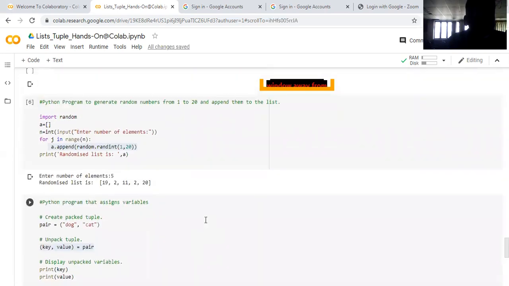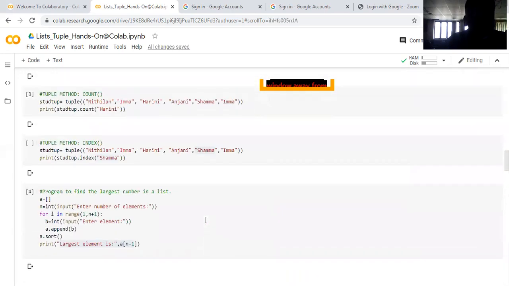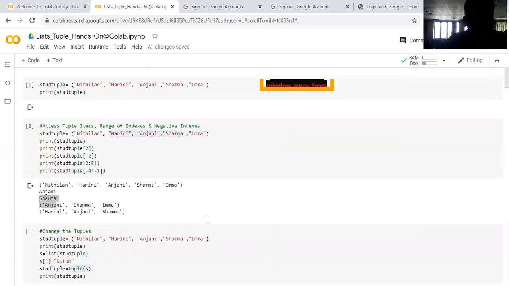I will give you the exercise sessions. Before that, you go with this illustration. Understood? This is the concept we have seen, some of the programming examples using lists and tuples, hands-on in Google Colab. This is the complete hands-on session. I will be ending this window now. Kindly work through these exercises and learn something.